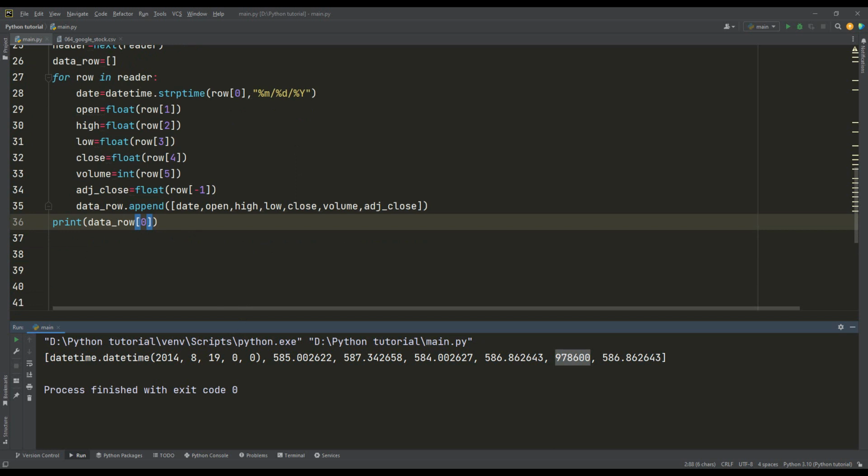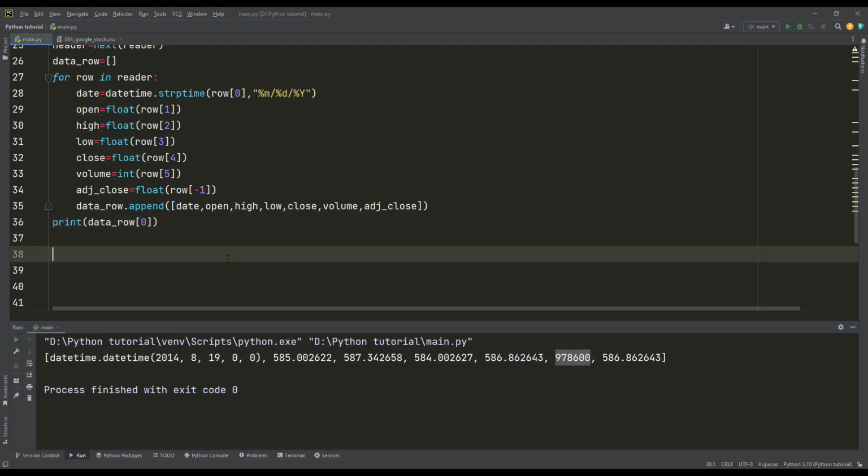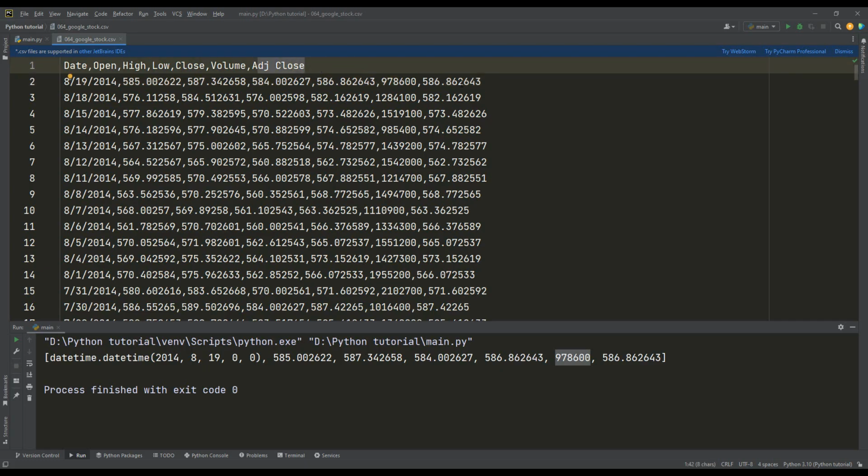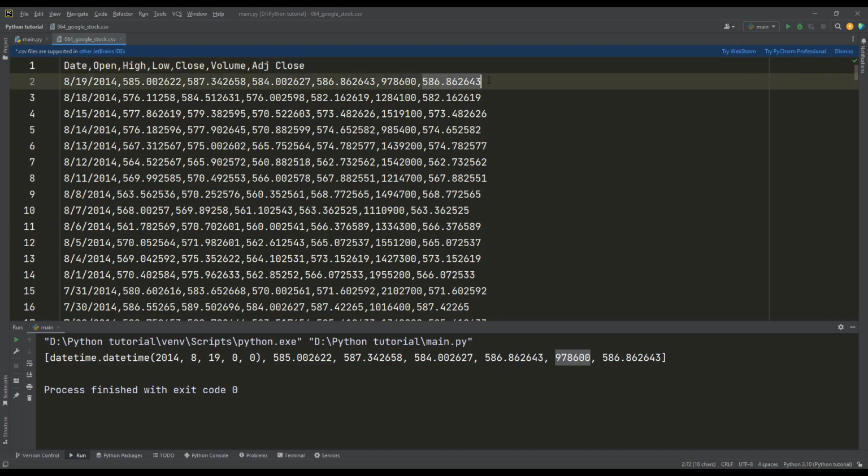I want to add an extra operation, and I want to append some data to a new CSV file. What I will do now is to create a new CSV file here and append to it. Suppose if you look at this line, it is the adjusted close or the final close for the stock market. If I take this as today, this is the month, this is the day, this is today,